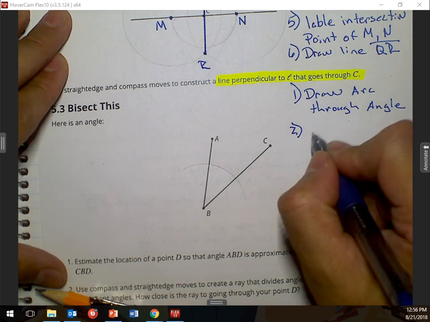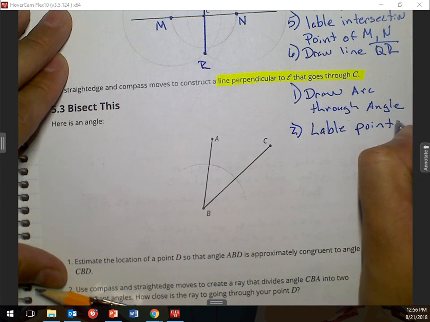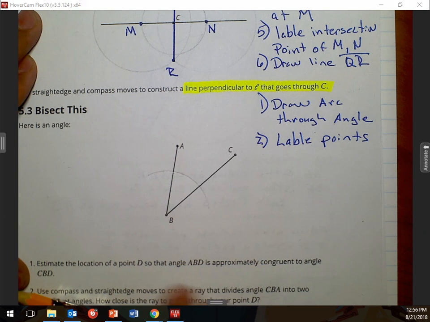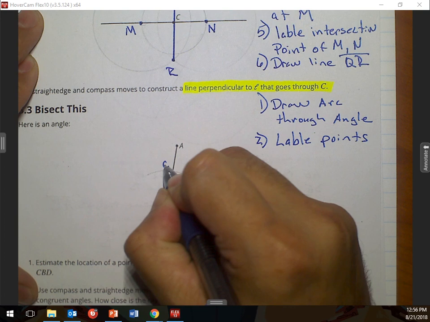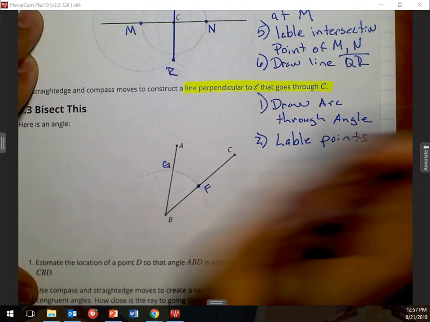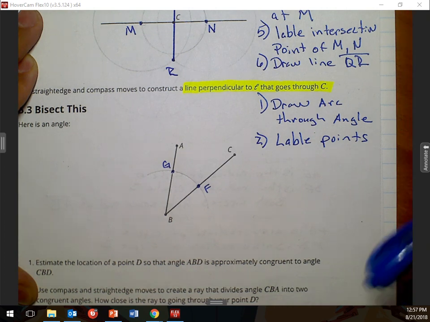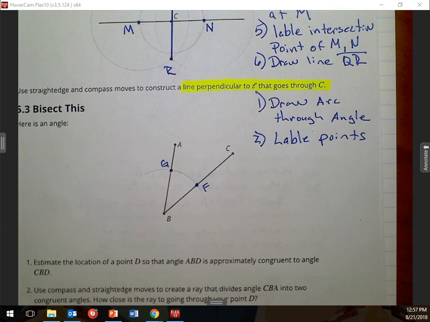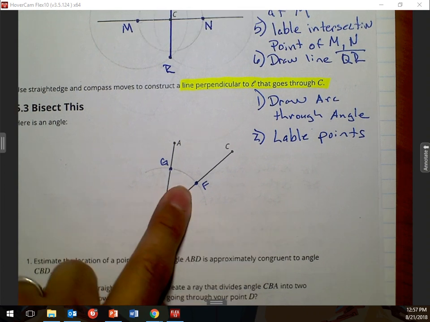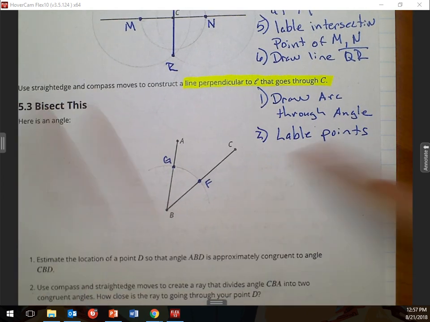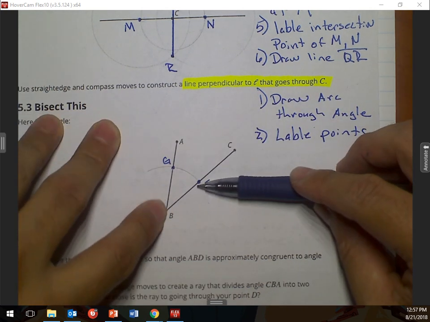Label the points. So, label the points, and I'm going to call this one F and G. Where my arc intercepts my angle, that is F and G. Okay, so now that we labeled the points, from here I'm going to go through and